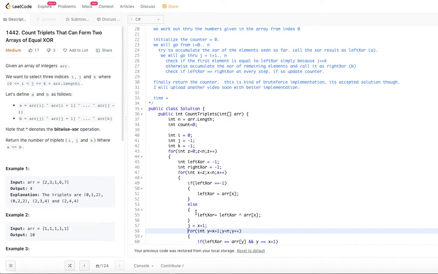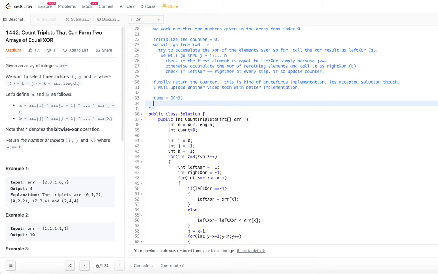But since we are going till n, we will call the total time complexity order of n cube. Order of n cube, the total time complexity. So even though in practicality it will be much less than order of n cube, since we are counting only the worst case time complexities, when we talk about the big O notation, we will say the time complexity is order of n cube. So let's go ahead and look at the space complexity.